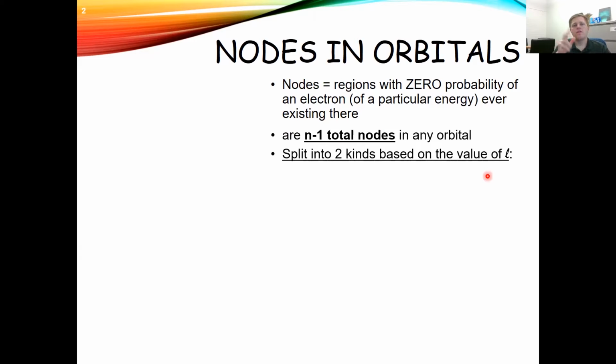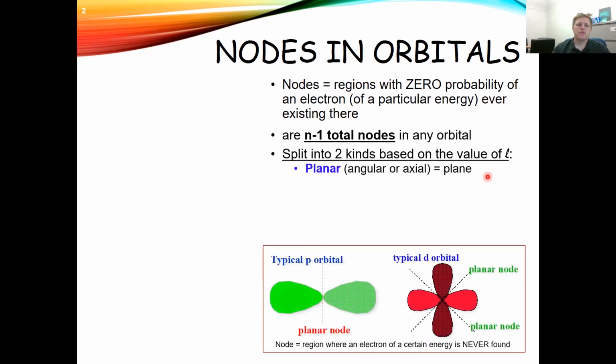And the type of node that exists depends on your angular momentum, or L value. So there's a planar node, also referred to as an angular or axial node. And this kind of node is just a straight plane. So here it's drawn as a dashed line, and in future slides I'll show you it's a plane, like a sheet that cuts through the orbital. And the number of planar nodes in any orbital is equal to the angular momentum quantum number of that orbital,